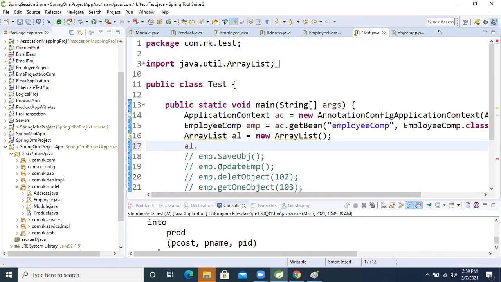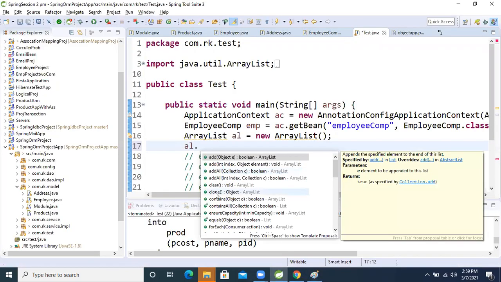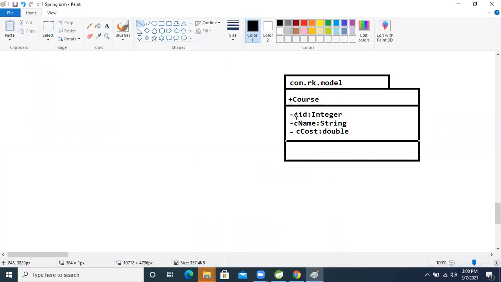Even in the Eclipse IDE, it shows the identifier first, then double colon, then the return type. So the same thing is there. Here I'm taking an attribute, which in programming language terminology is an identifier, right? This is the identifier, then colon, then this is the data type. So the UML diagram is given like that by people in real time.